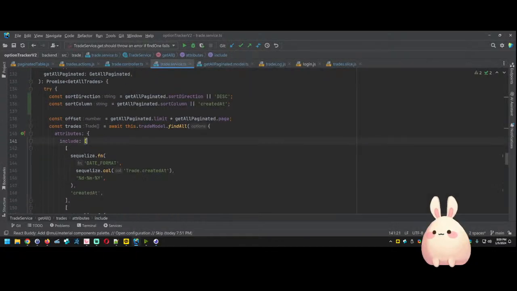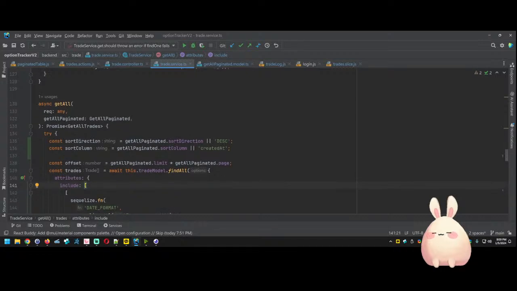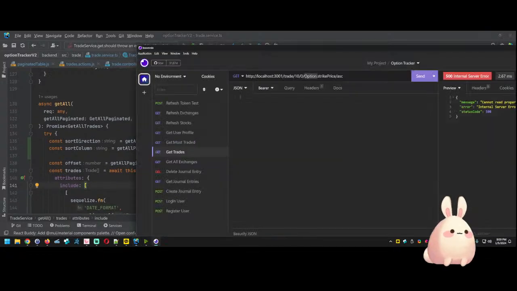Broker unknown property. So we should be able to specify. So if it can't find it on trade,